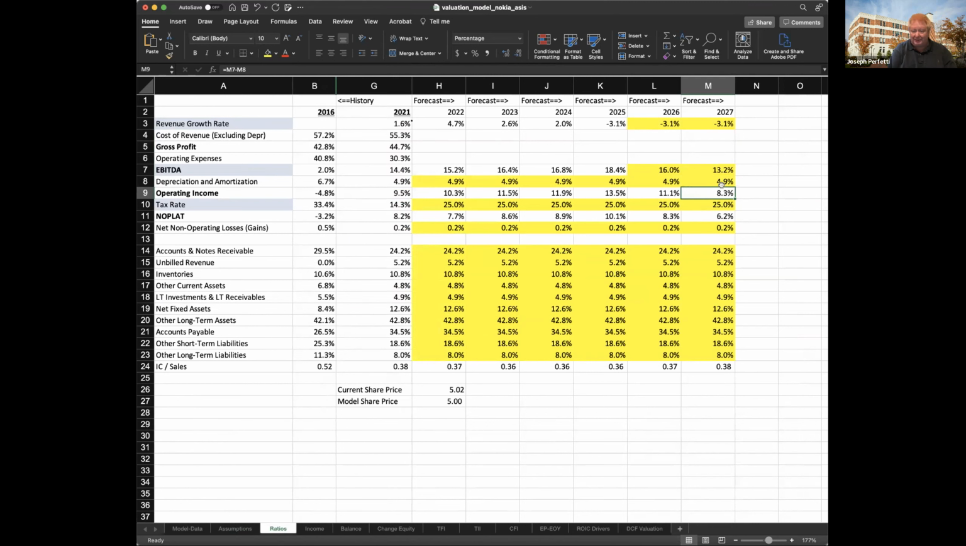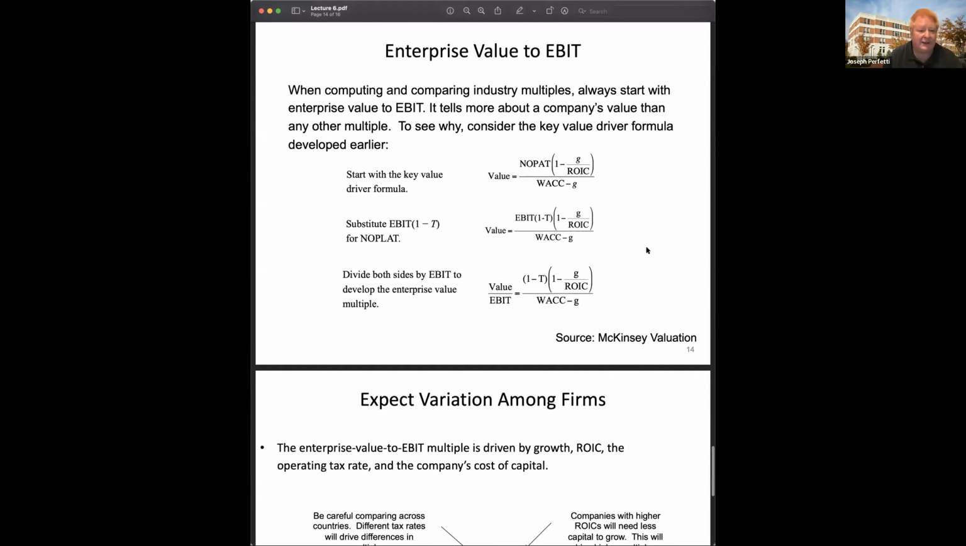So here's where we're going to pick up and make some additions today based on some additional content. A preview of what's coming up in the next section of the class on multiples: multiples are just key value drivers rearranged. Okay? So pulling from the textbook, I'm going to pull two things. One, in the multiple section of the class, we're going to show you how if you take the key value driver equation here and rearrange it,